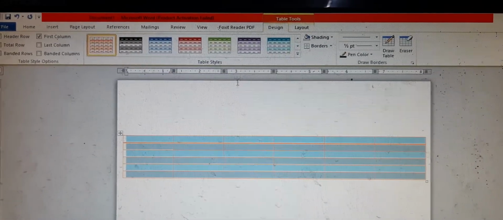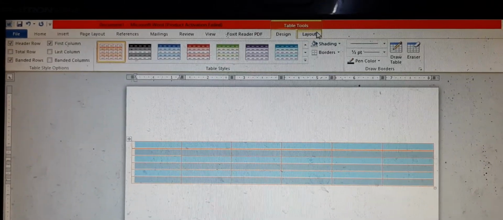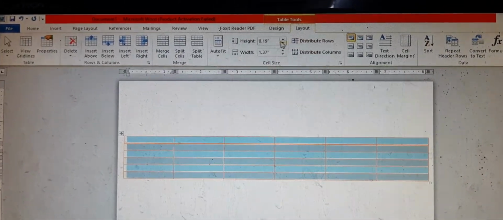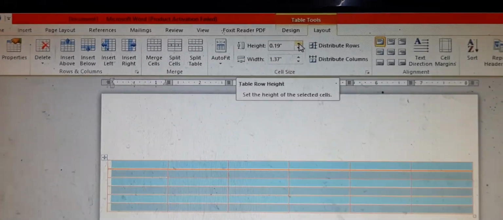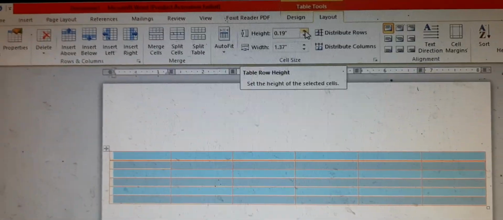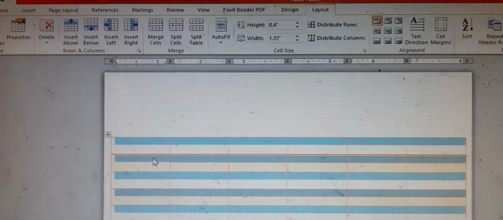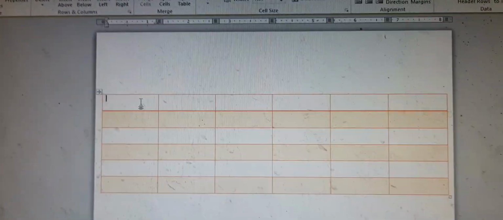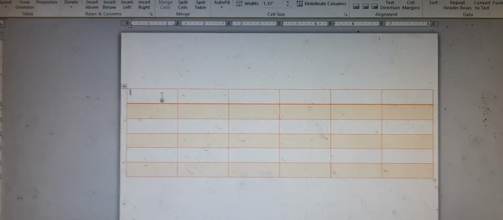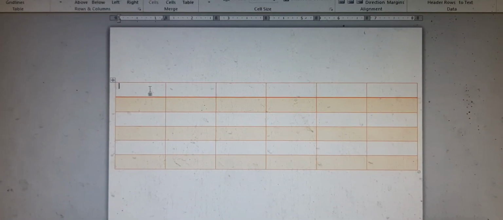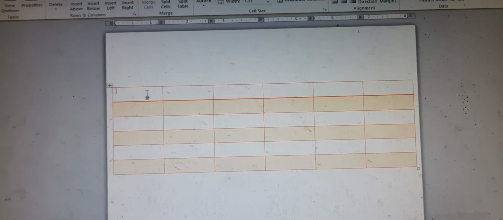For this reason, select the table, come to the option called Layout. If you go for the row height option and increase it, you will find the height is increasing. Now after that, if you click here, you will find a gap is maintained over there.